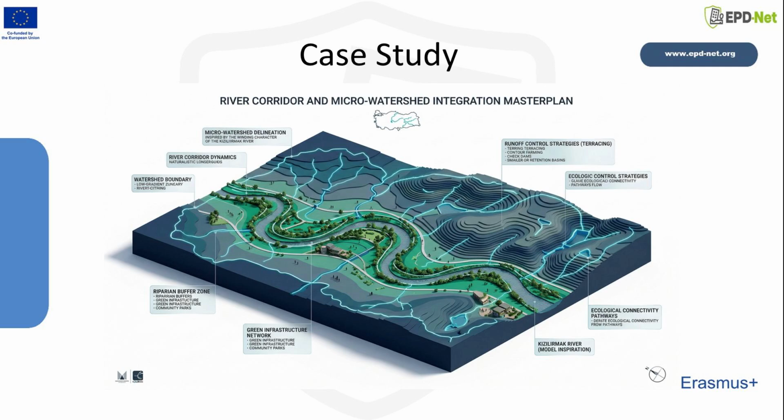Design interventions are therefore developed in response to topographic constraints and surface flow regimes. In low-gradient zones, infiltration-supportive land uses are prioritized, while in steeper segments, runoff control strategies become more important. Riparian buffers and interconnected green infrastructure systems enhance hydro-ecological continuity while also helping mitigate localized flood risk and soil erosion. At the same time, these measures support microclimatic stabilization by increasing surface permeability and evapotranspiration. Overall, the case shows how a recreation and flood control project can be grounded in watershed logic rather than in